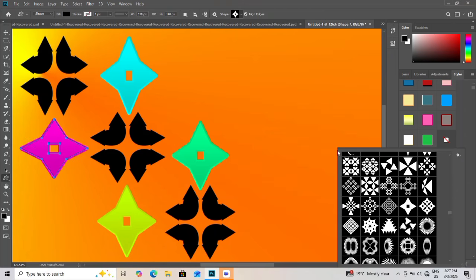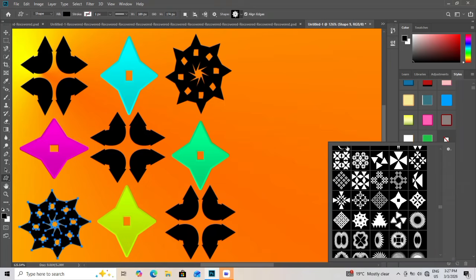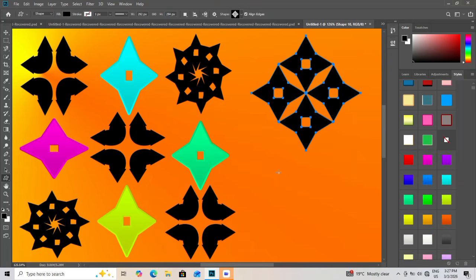Press Ctrl-L to open levels and drag both sliders inward until bold, scattered speckles remain. Change the blend mode to overlay so the noise interacts dynamically with the base color. Duplicate the layer, rotate it slightly, and scale